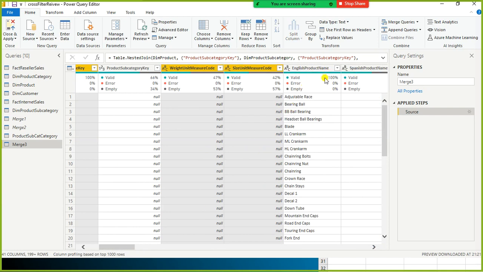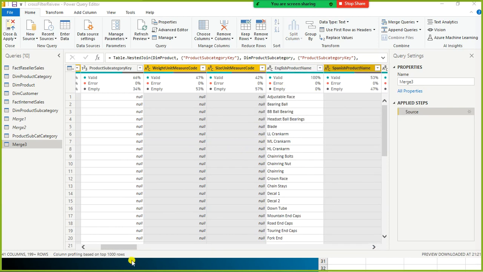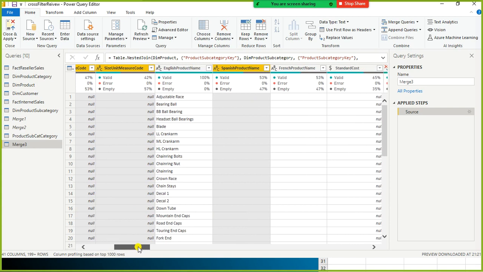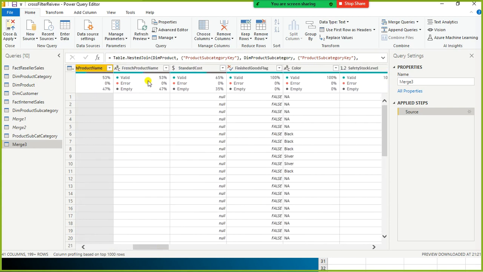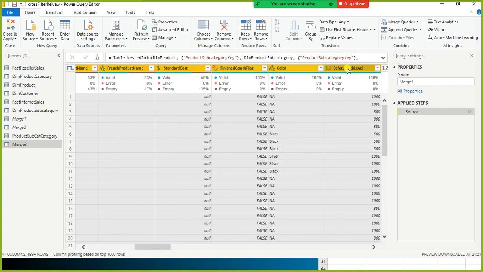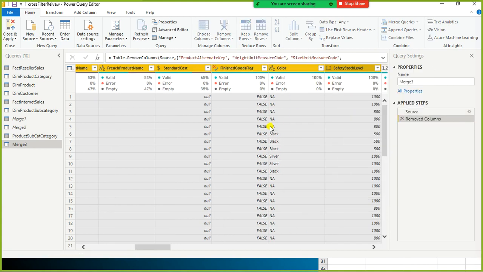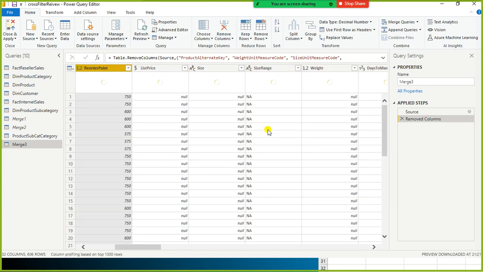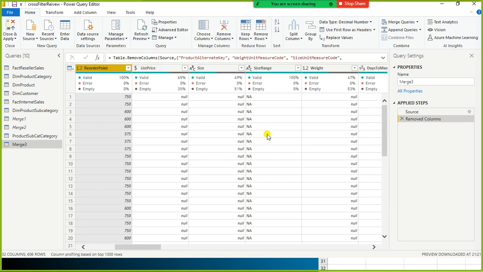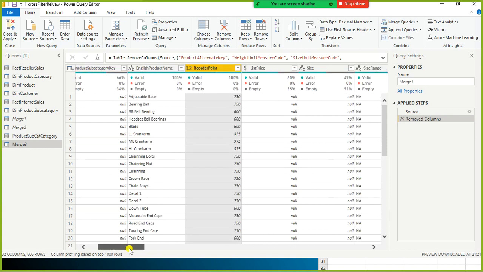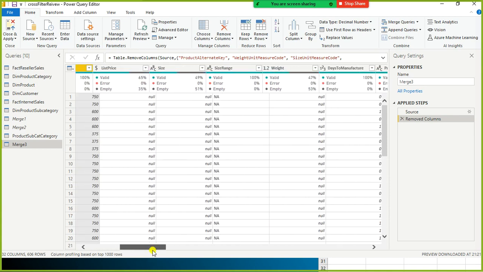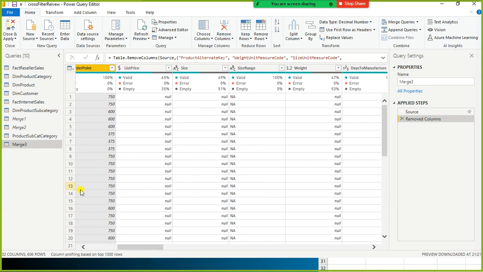Product name is required, but Spanish product name, French and standard cost, all these things are not required. I just remove these columns. All I need is product ID, product name, probably product subcategory key, the subcategory name and category ID. So the product subcategory table has the category ID in it.